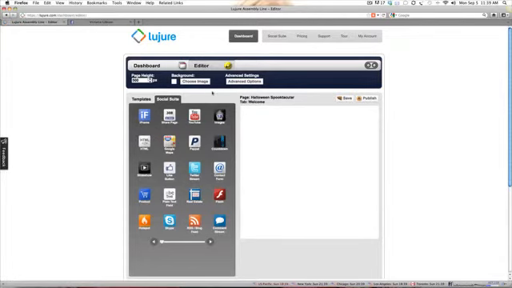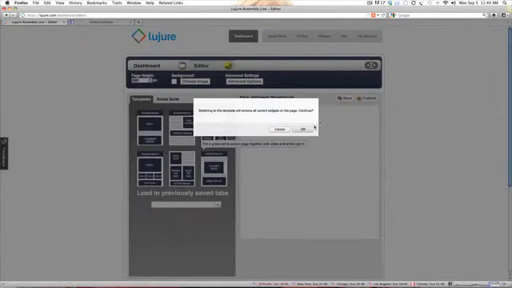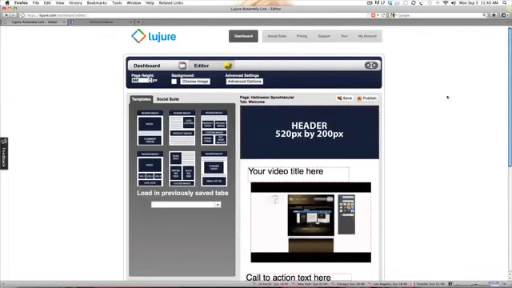Now once we click on to edit this page, we've got the blank canvas here and a suite of buttons that we can add to that blank canvas that integrate other content, provided you've got links and logins and so on. But one of the easy ways to do it as well is to use one of their templates. One of the ones that I like for opt-ins of videos, and the one I used for my page, was this one. So I click on the template, it populates in here,